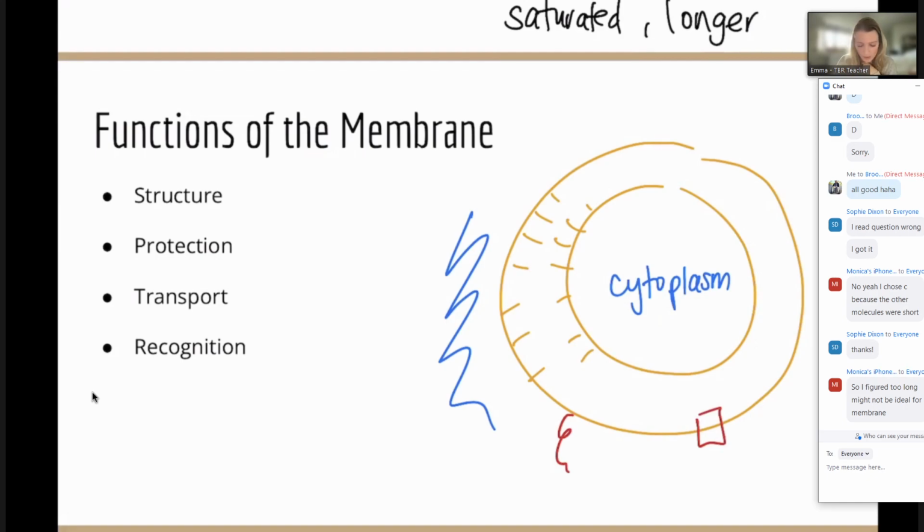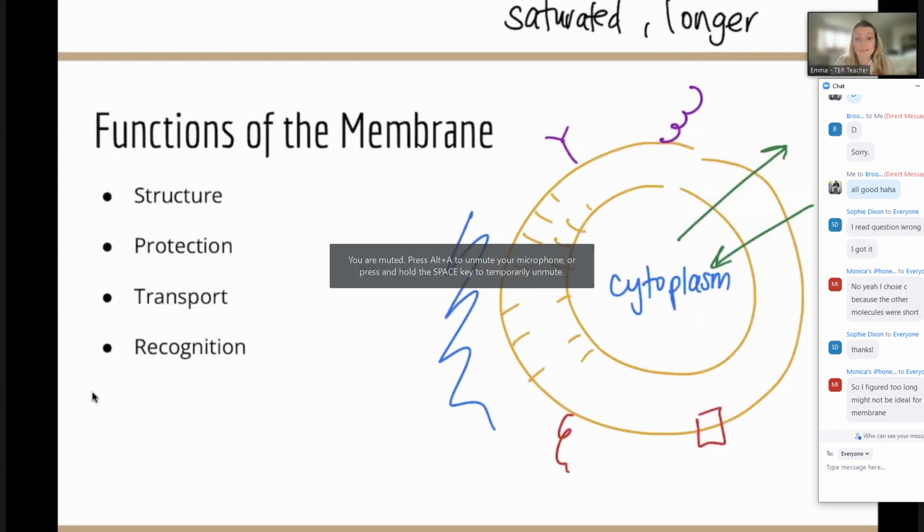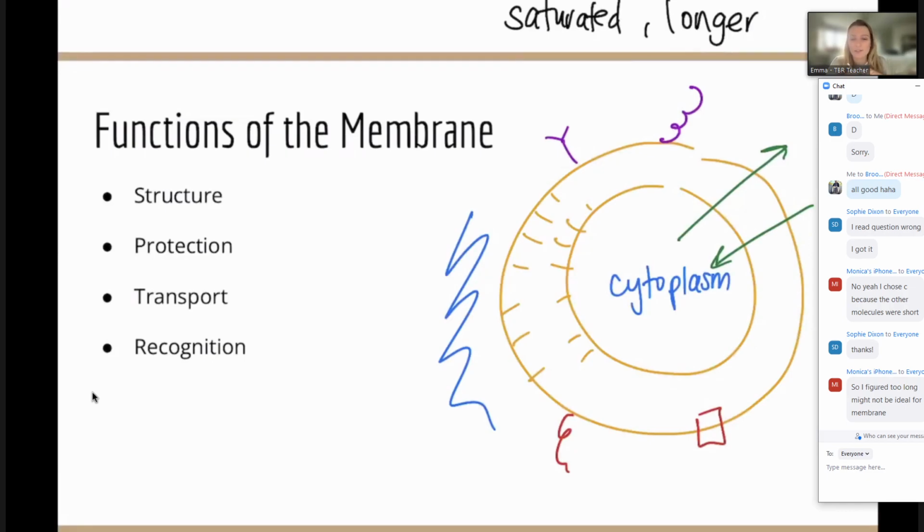It's also going to help us with transport, which we'll see later. We might be moving things out of the cell or into the cell, depending on what's happening. And then also recognition. We're going to go over different components of recognition, maybe cells having an identity themselves. Even when we think about blood cells, if you know your blood type, you might be O positive or O negative. The positive or negative is the presence of a glycoprotein on the outside of your blood cell's membrane. So even things like that can be applied to real world application.